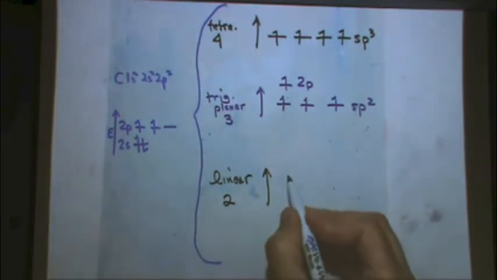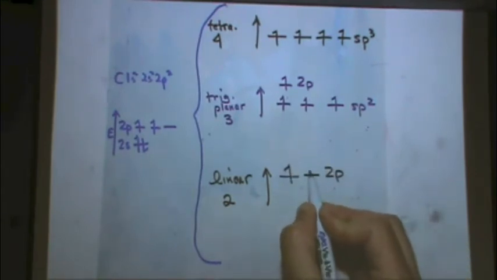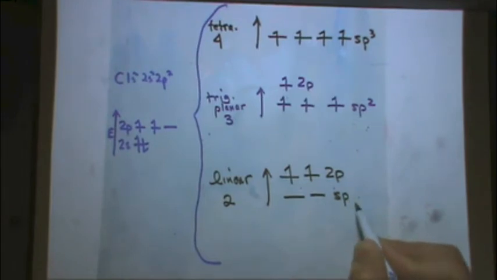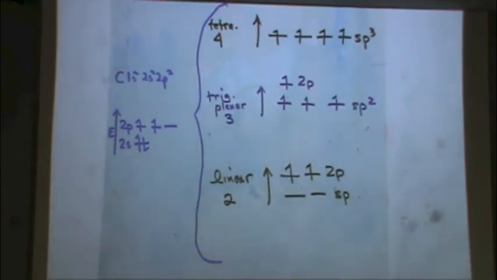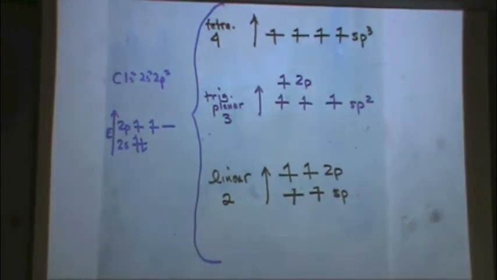What happens is 2 of the 2p orbitals stay unhybridized, and one of the 2s's and one of the 2p's, the one that's left, hybridize. Each orbital will have an electron. It turns out, if 2 of the 2p's stay out of it, so 2 of the p orbitals stay out and stay unhybridized,